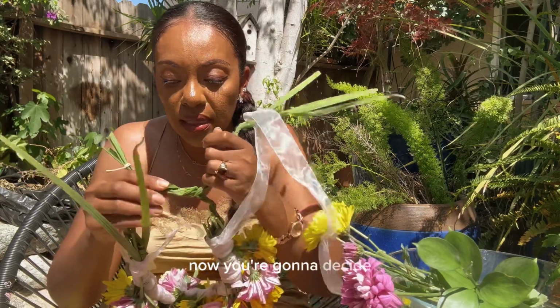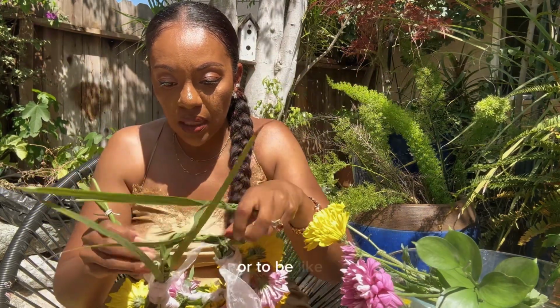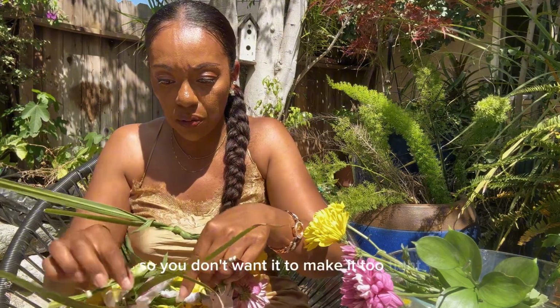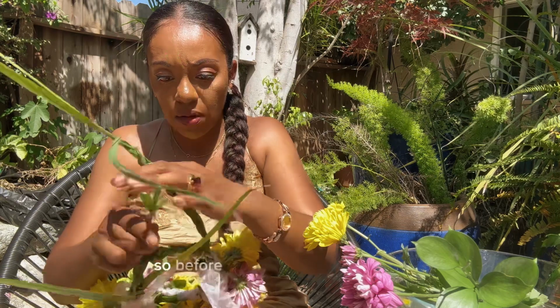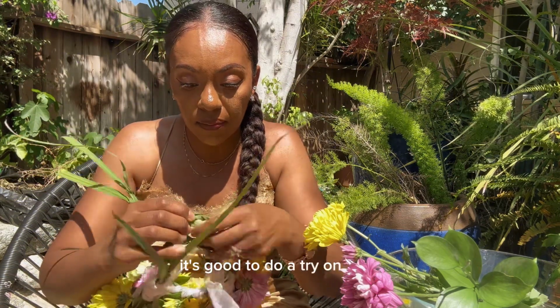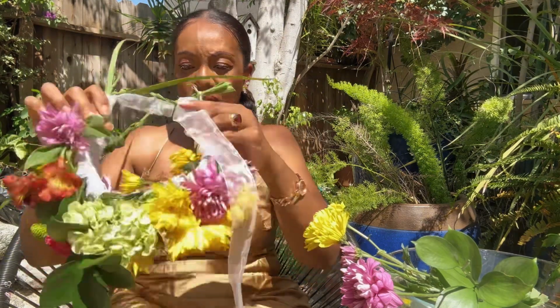Now you're gonna decide, do you want your crown to sit on your head or be tight? It's better for it to kind of sit on your head, so you don't want to make it too tight. So before you completely finalize it, it's good to do a try on. Okay,